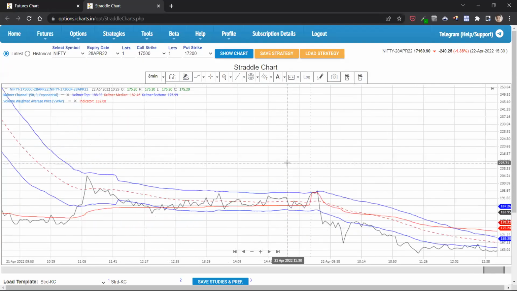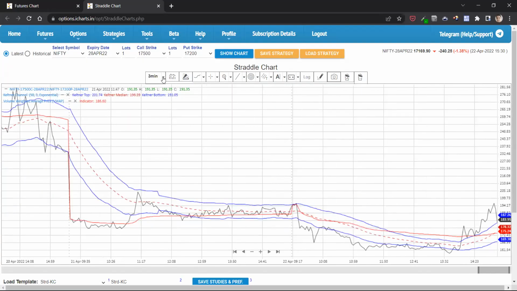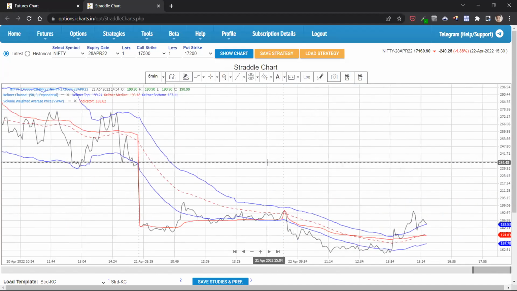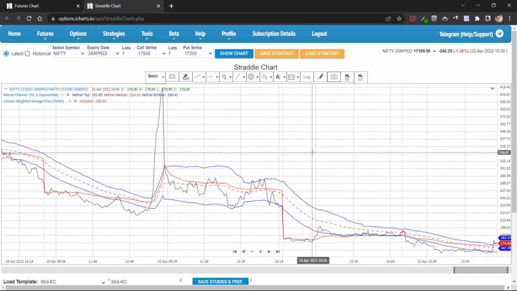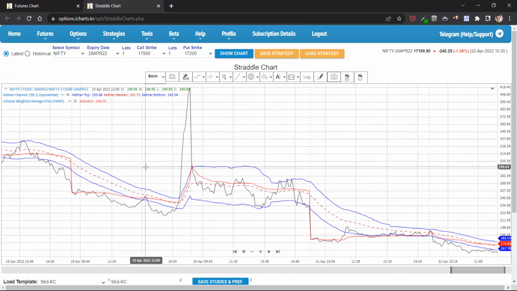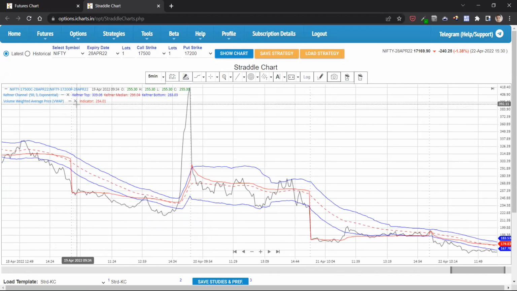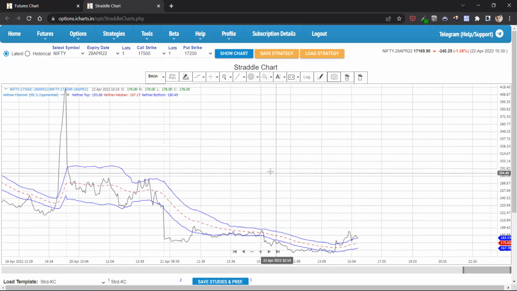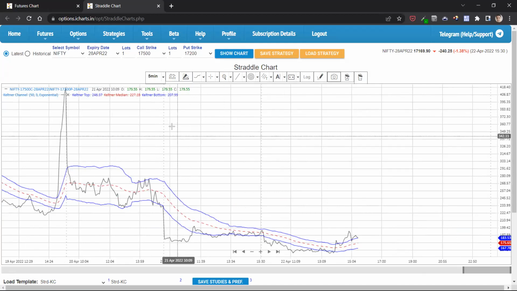So VWAP also is there. Of course you would have to adjust the time frame a little bit if you have to use VWAP, or it depends, whatever indicator you want. People use RSI, DMI, lots of things, moving averages. So you have to settle down on something. For me, the preference is Keltner channel, and the time frame used is, if you are trading intraday, you would